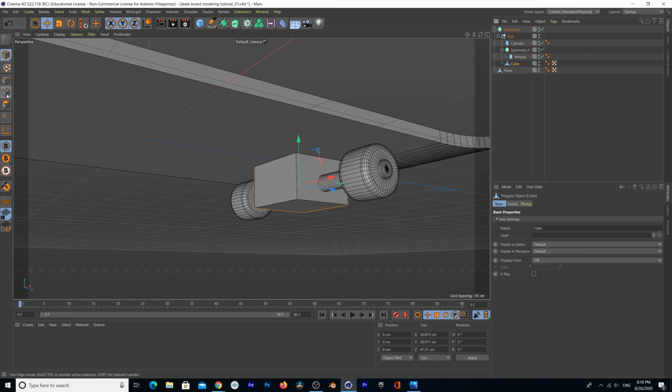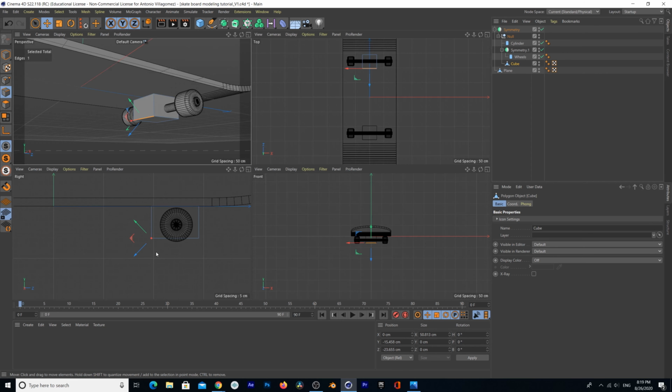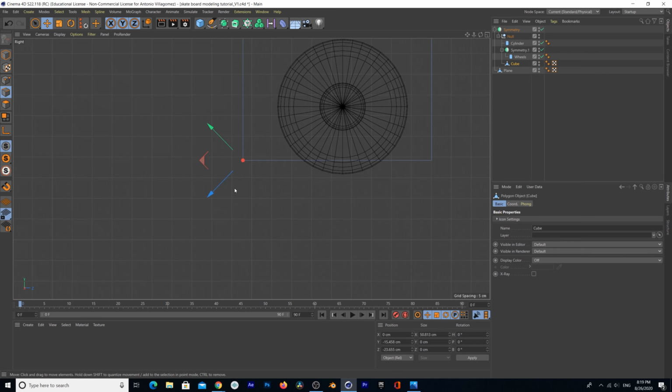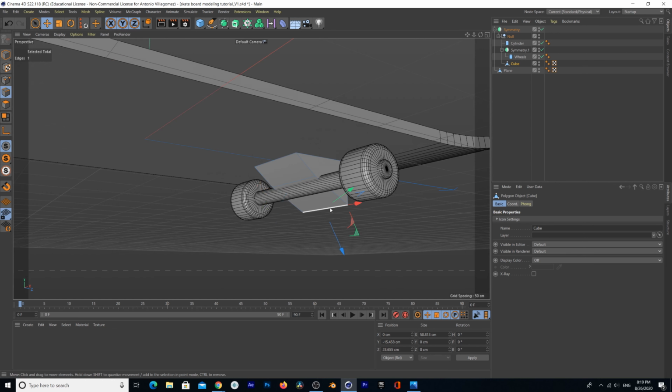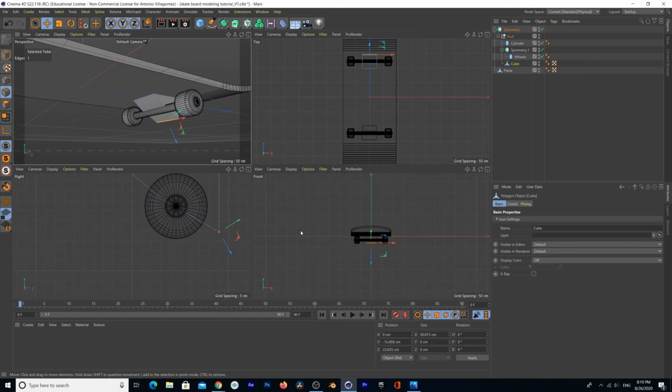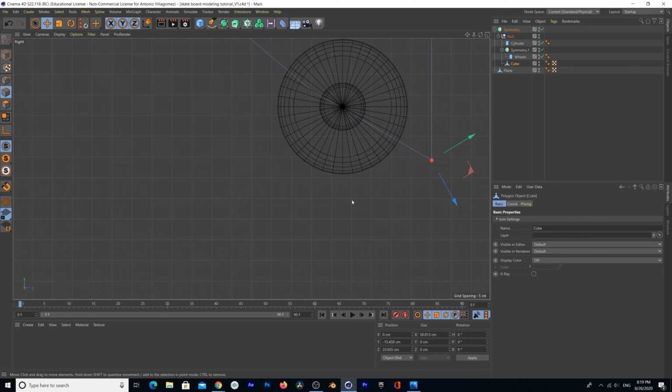And then we're going to change our mode to the edge mode, and we're going to select this one right here. Actually, no, we're gonna do it one at a time. We're gonna select this edge right here, we're gonna change our view, and we're going to move this up to about here, and then we're gonna go back to our main view right here. We're gonna select this edge on the other side, and we're gonna go back to our right view, and we're gonna do exactly the same,